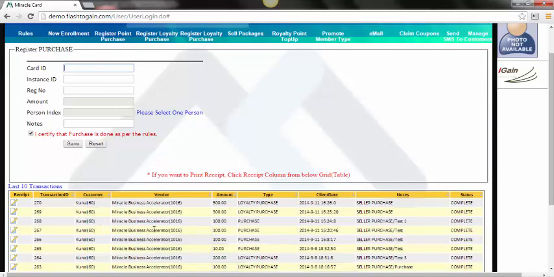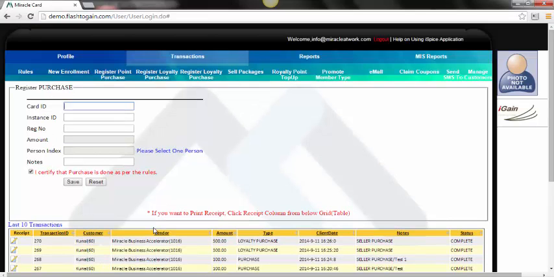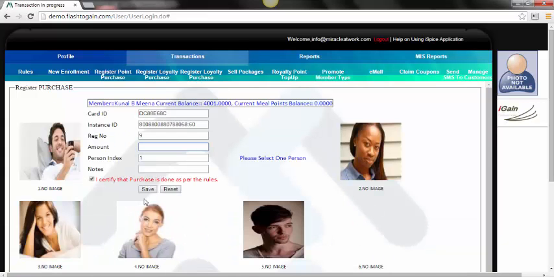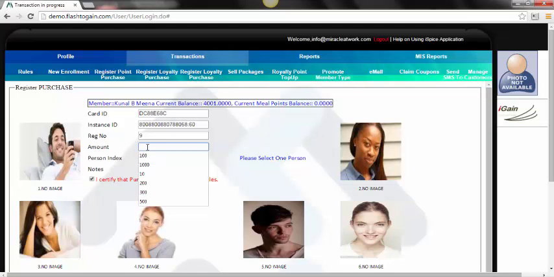Here beneath his screen he sees all the recent transactions. These transactions are across your company, that means across multiple POS. Now the user, at the time of paying his bill, will flash the card. As soon as he flashes the card, his details come up on the screen. So please notice that this is the screen of a cashier. And now the cashier will validate which person came for the purchase.